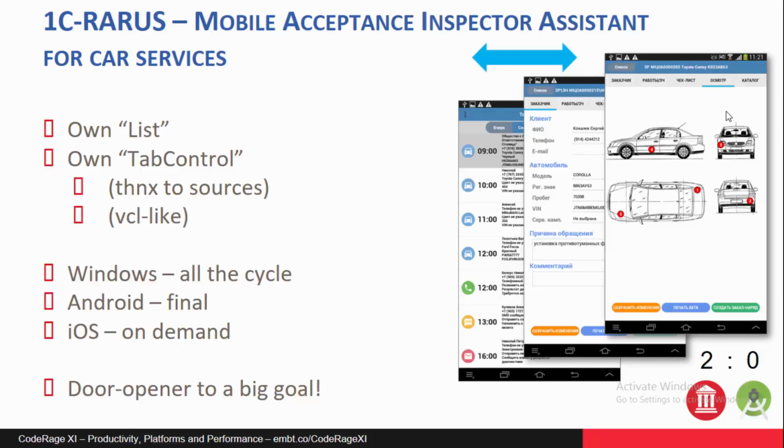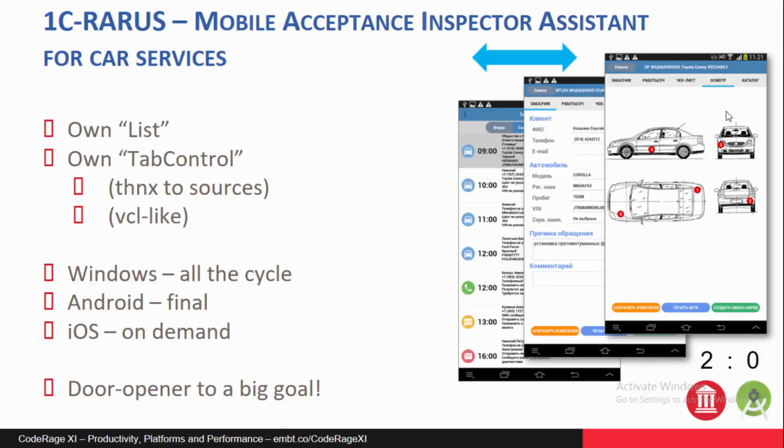A tab control component was also developed by the team to support swipe or slide. During the demo you may have seen how smoothly, with a good animation effect, the tabs were changing. This was done by the team, and the custom tab control component was even published.